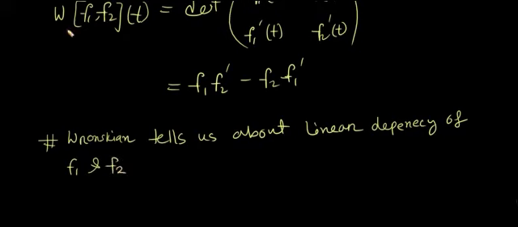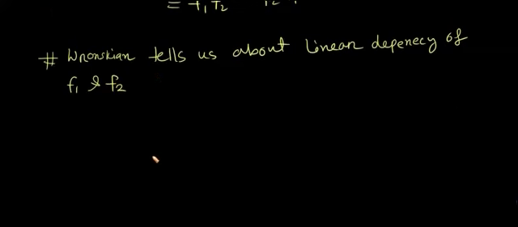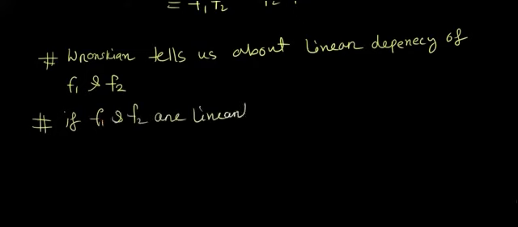In fact, you can go on and generalize this for many functions, where let's say you have n functions and you want to see whether they're independent of each other or not. You can even do that, but this will not be needed for now, and when it will be needed I'll discuss that with you guys. So if f1 and f2 are linearly dependent,